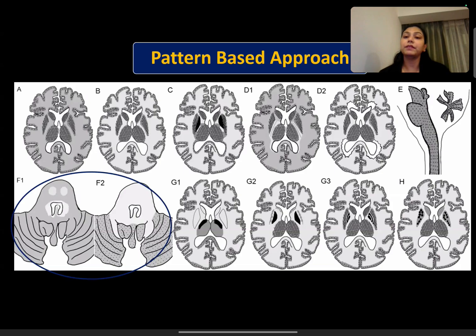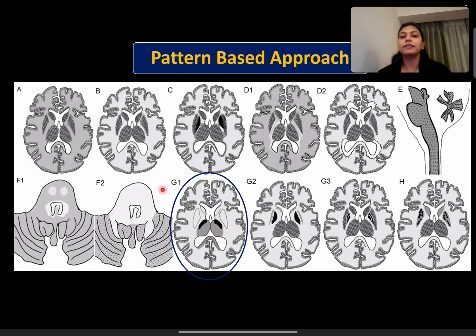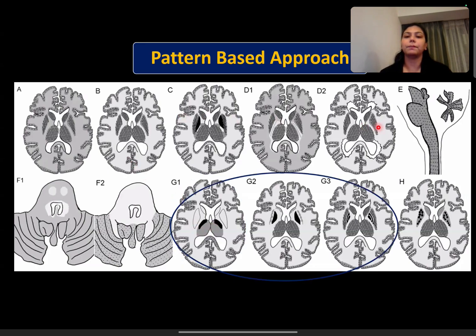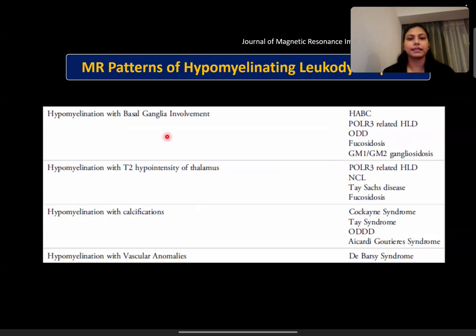Also, in addition, like previously we studied that whenever there is T2 hypointense thalami, we should always consider lysosomal storage disorders in our mind. And here also the same pattern follows: certain secondary hypomyelinating leukodystrophies, which are lysosomal storage disorders or other storage disorders, can have T2 hypointense thalami. Apart from that, there can be a basal ganglia pattern based on the basal ganglia involvement, which we'll study, and then there can be hypomyelination with calcifications. So there are various disorders which fall under each of these patterns, and we'll discuss each of them with the